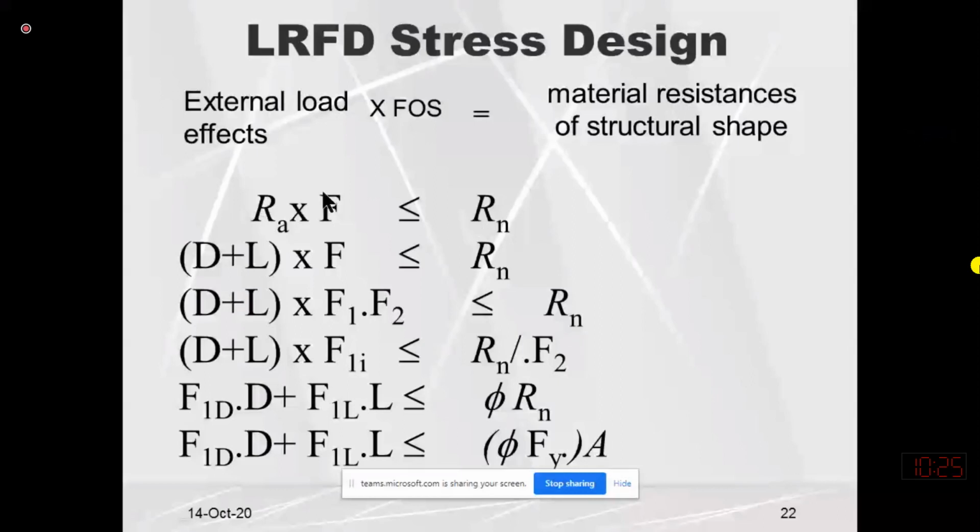So I have also explained that applied load effect may be of different types. Applied load means that internal force which is acting in any structural member. That may be compressive force, that may be tensile force, or that may be bending moment or shear force. And similarly, with reference to the applied load effect, the capacity would also be different. So for bending moment, capacity will be the bending capacity. For tensile force, capacity will be tensile capacity, which is the combination of geometric resistance and